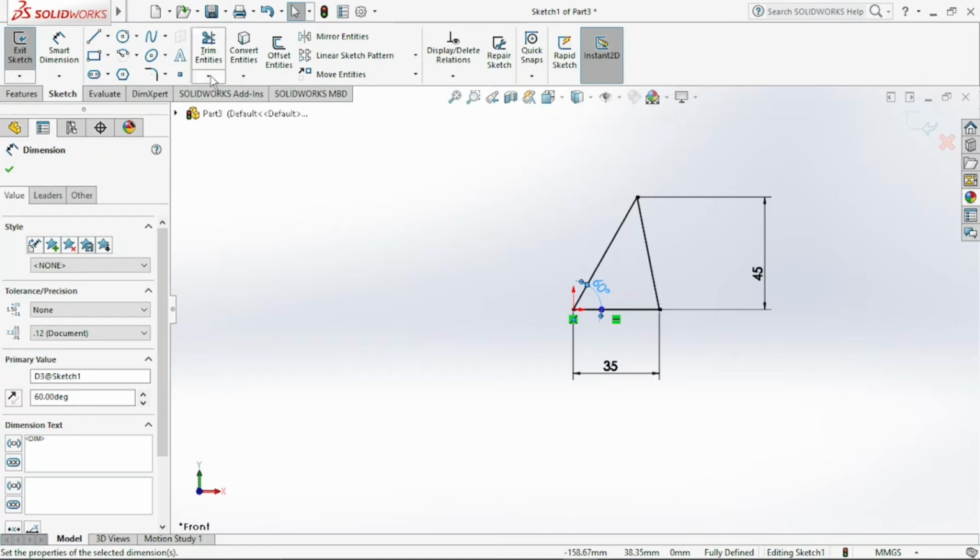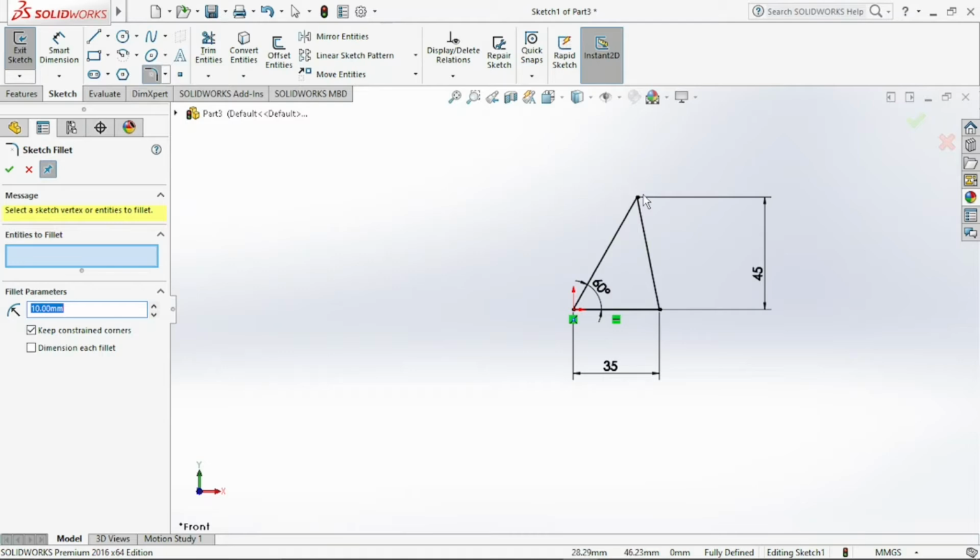All right. And what you have to do is click on sketch fillet. What sketch fillet does is it will round up a point or surface, whichever you are clicking on. It will round up that. As of here, the fillet radius is given as 10 mm. We only need 5 mm. Actually, let's give it 4 mm. All right, and we are going to click here, and click OK.